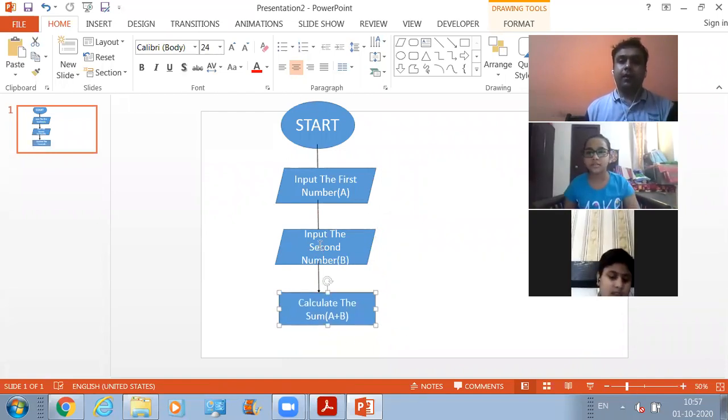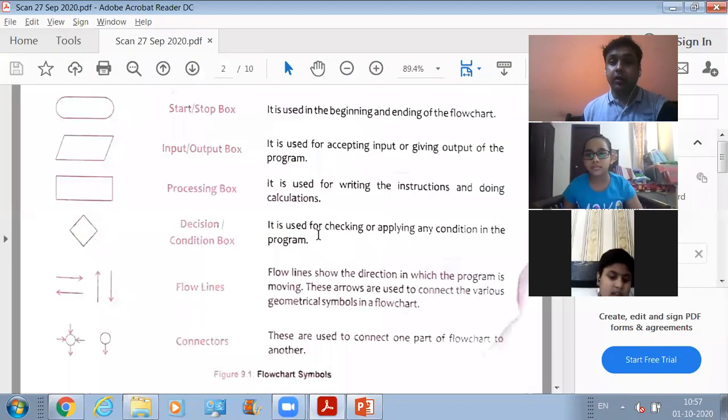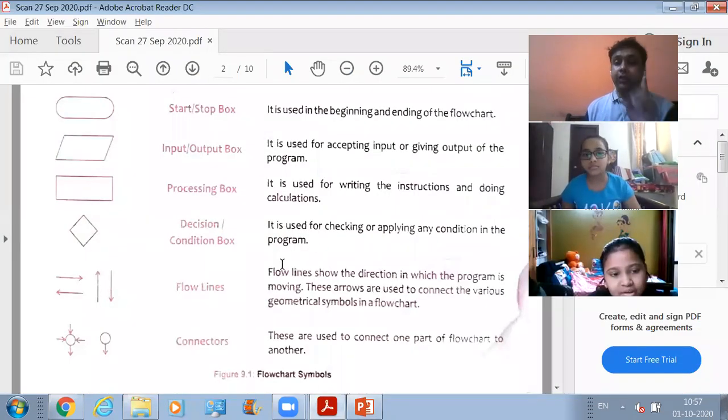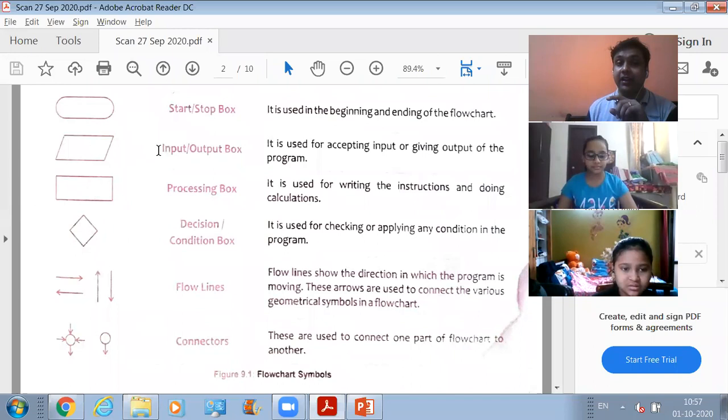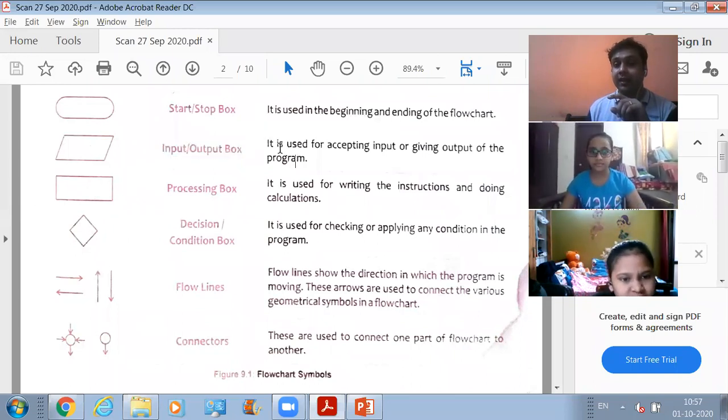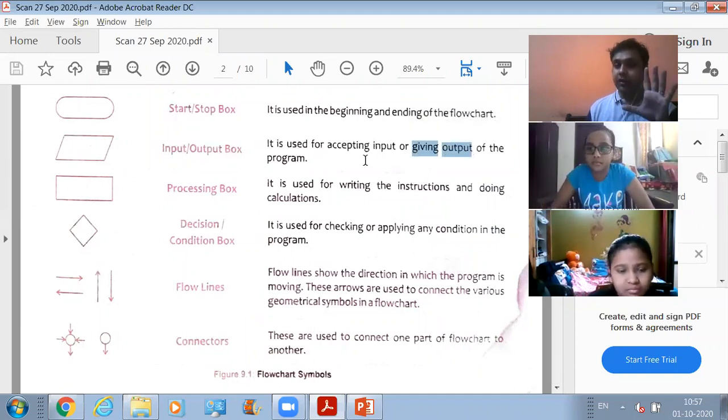Print sum. Which box do we need to use for printing the result? What is the name of the box? That is not right, dear. We will be using the input output box. See, it is written over here. It is used for accepting input and giving output. Okay, now you understood this thing?